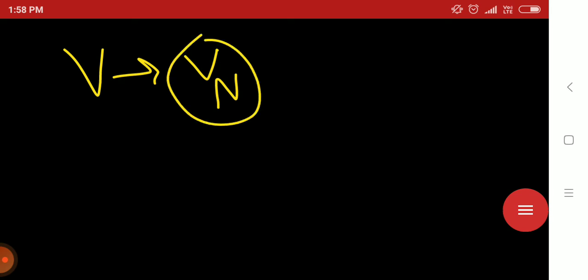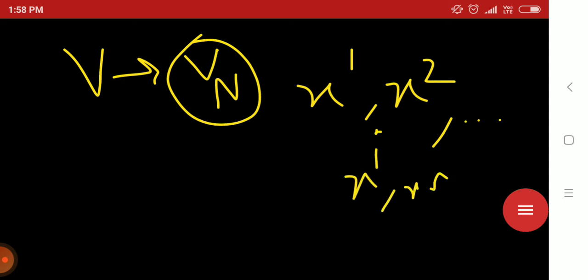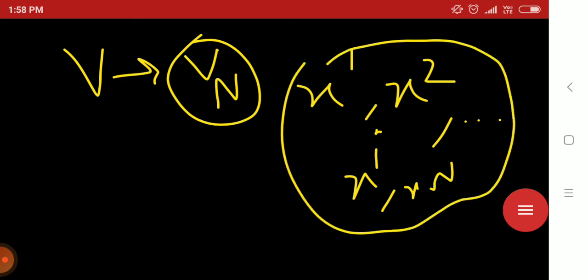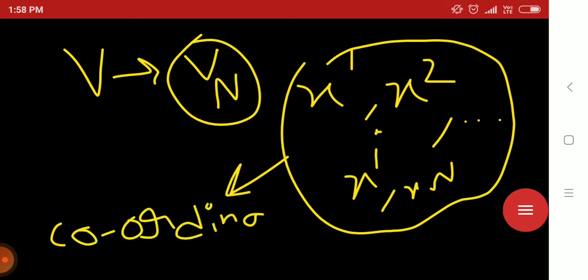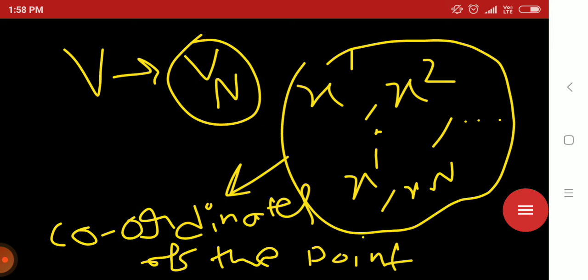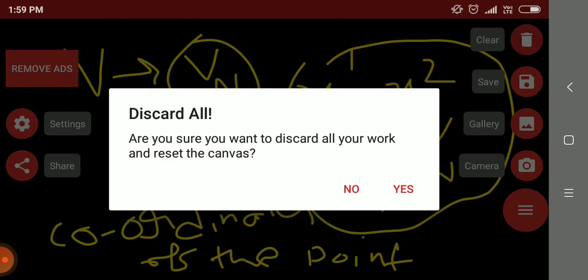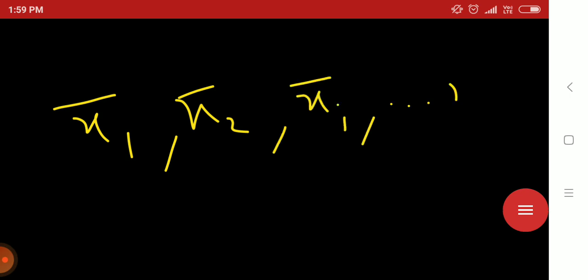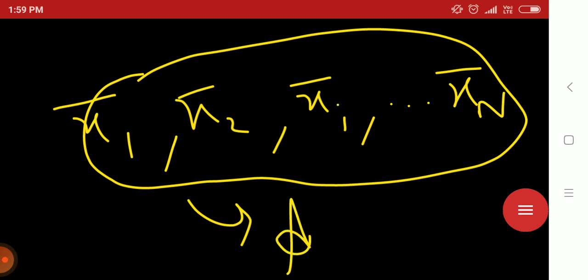So if Vn is the n dimensional space where x1, x2, dot xi, xn be the coordinates of the point with respect to one frame of reference, and if x1 bar, x2 bar, xi bar, dot xn bar for the same point with respect to another frame of reference, then